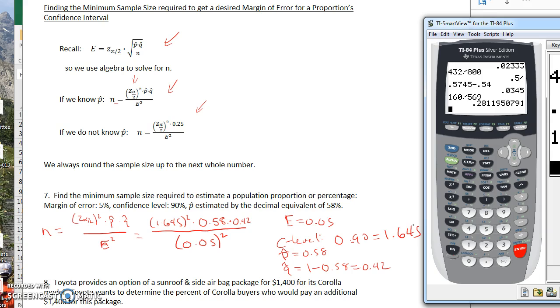So let's use our calculator and work that out. It's going to be 1.645 squared times 0.58 times 0.42, and I like to work out the top first, and then we're going to divide that by 0.05 squared. And I get 263.68,